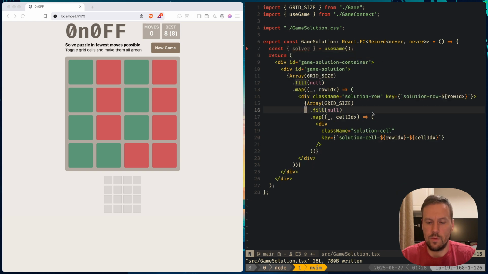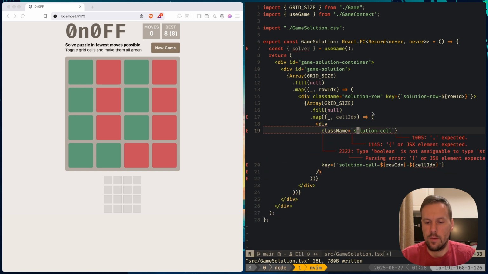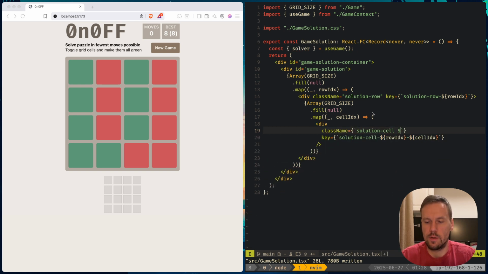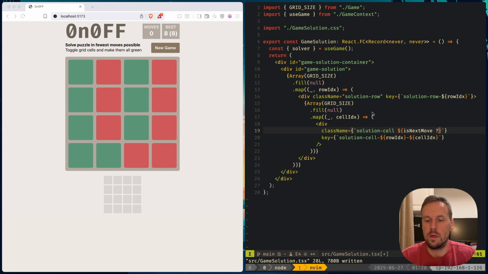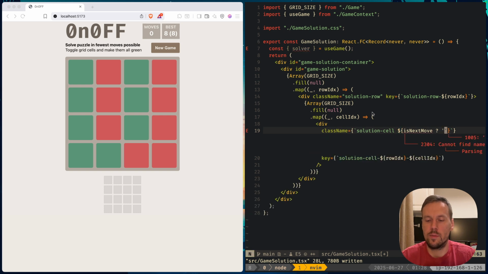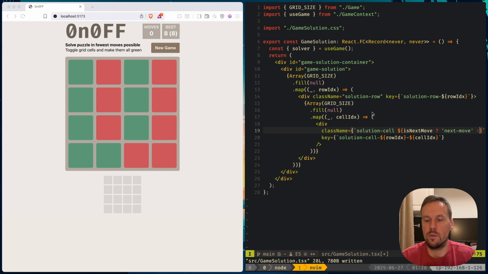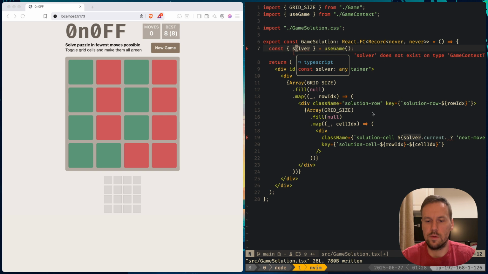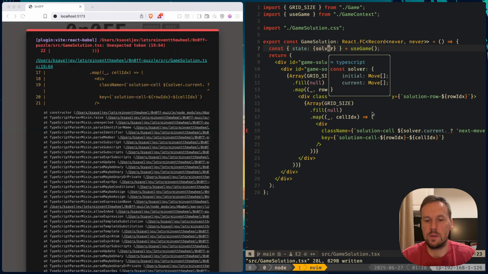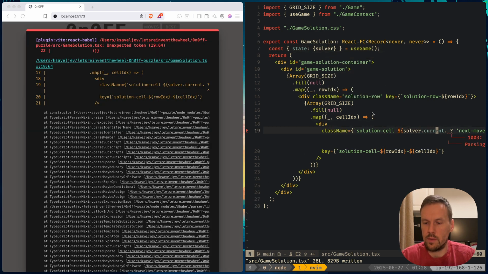right? So whenever we reach a cell, we need to check: is next move? Is next move, then we add another property like next move, otherwise some empty. So what is next move? So pretty much our solver current, is it? What is solver? No, not any. So it has to be state, and there is a solver inside state. Yep. So solver current